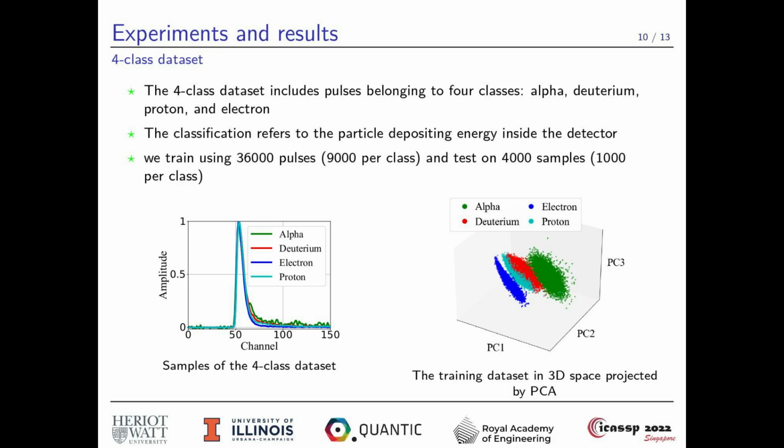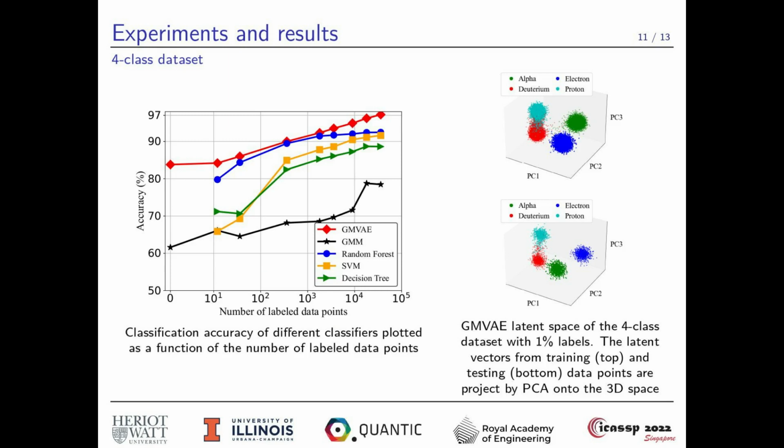We can clearly see that the pulses present similar shapes with subtle differences. The figure on the left shows the classification accuracy obtained by GMVAE, GMM, and the 3 best supervised classifiers for the 4-class dataset. This dataset represents a more challenging problem than the first dataset, where 2 of the classes, the deuteriums and protons,